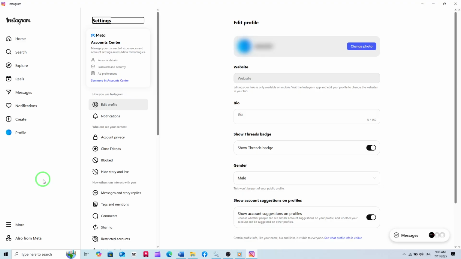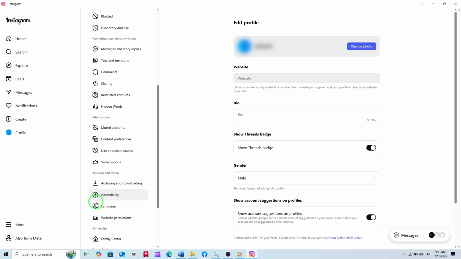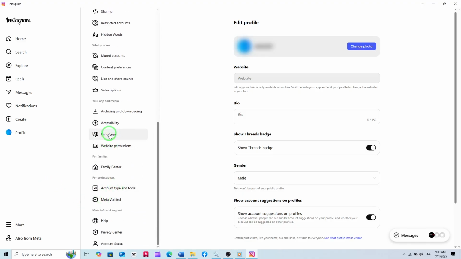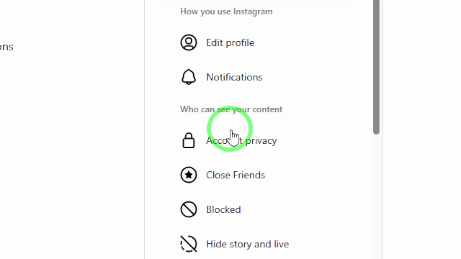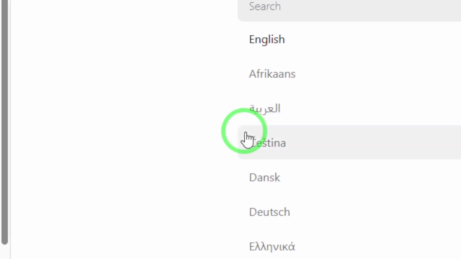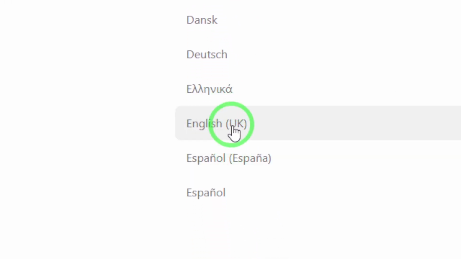Inside the Settings menu, look for the option labeled Language. It should be easy to spot. Click on Language and you'll see a list of all the languages that Instagram supports. Scroll through the list until you find the language you want to use, whether it's Spanish, French, Japanese, or any